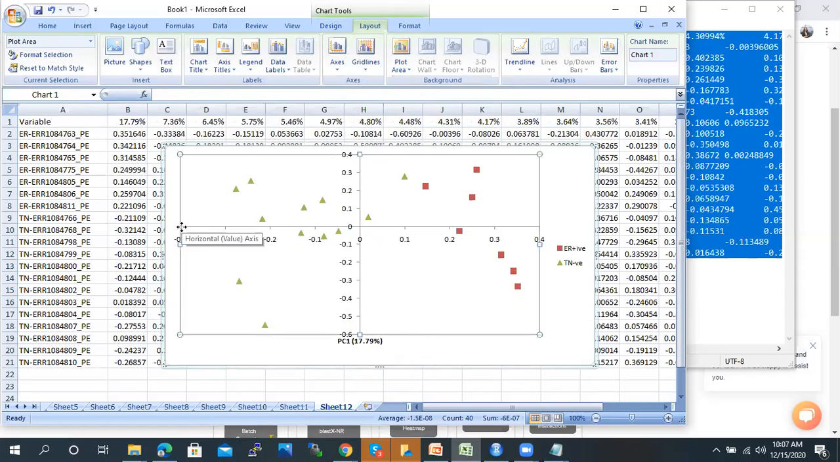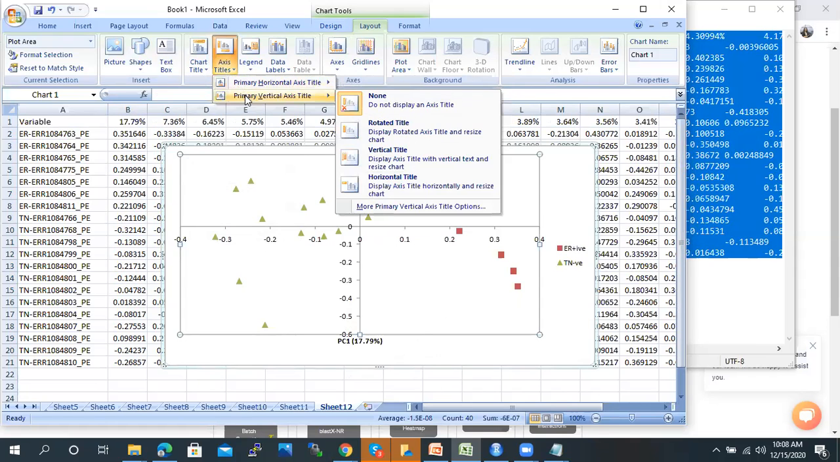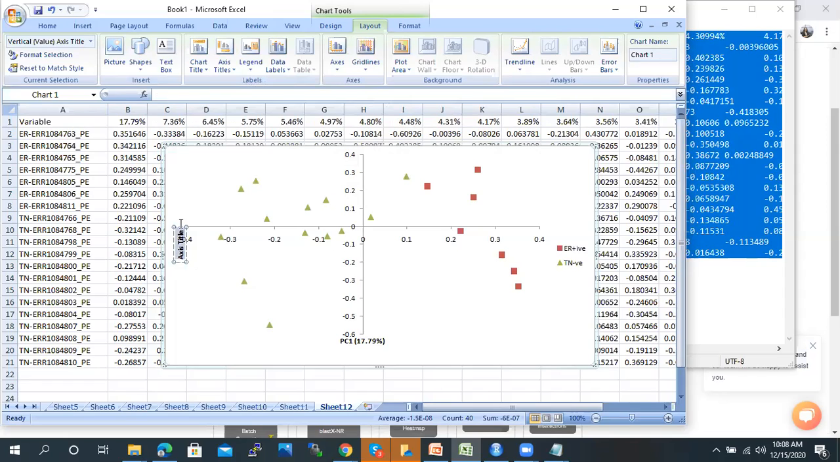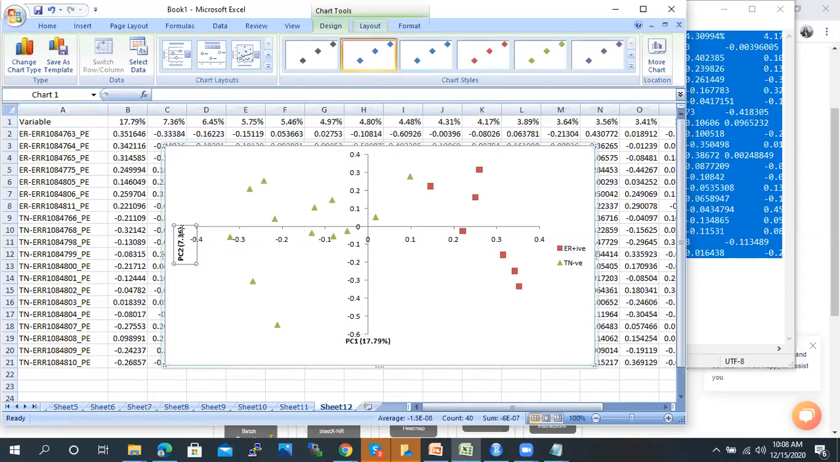Then what does the y-axis represent? Vertical axis. So this represents PC component 2, with how much variance? That is 7.36. So now, based on the two components PC1 and PC2, we can visualize our data and the pattern